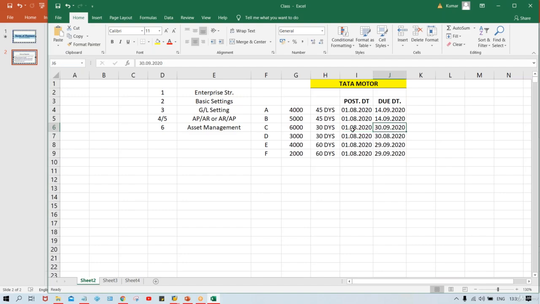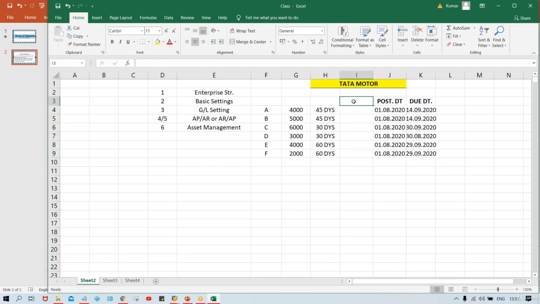Generally, there is no need to calculate the due date manually. Why? Because in SAP we have a configuration called terms of payment or payment terms configuration. If you configure these payment terms, they are going to be assigned directly to the vendor master. So what will happen, guys? What is the benefit? Let's suppose terms of payment is going to be created. What is that? Let's suppose here